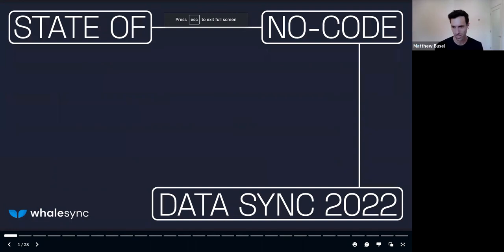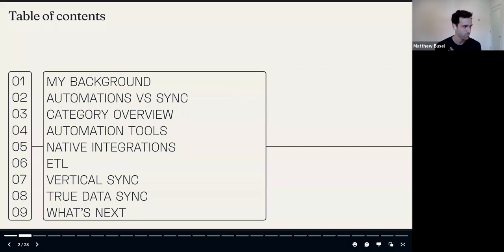No-code data syncing. We'll keep this super casual. So feel free to stop me in the middle of any of this, but basically just a table of contents here. I'll go through my background, and the difference between automation and syncing. I think that's a key thing to get out of the way, since everyone here is probably pretty familiar with the term syncing, but it gets a little confusing with all these different automation